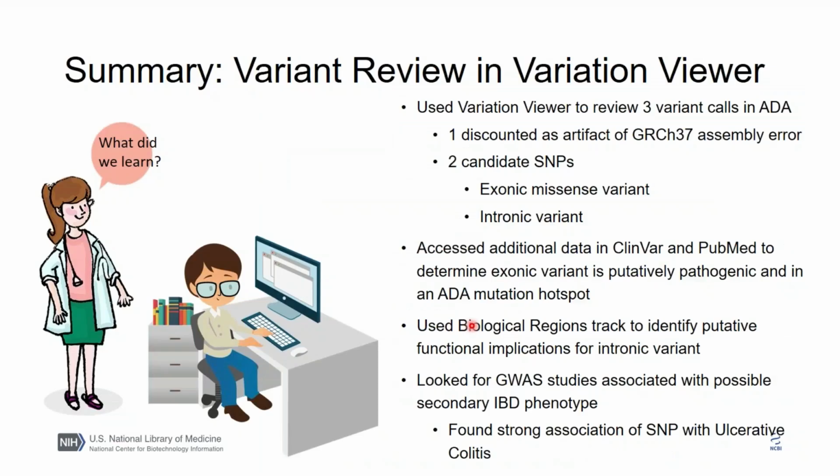So with that, we've come to the end of our case file and our analyses to look at 3 variant calls in the ADA gene. Using the browser, we were able to discount one of these calls as an artifact of GRCh37 assembly error. And we determined that the other 2 are candidate SNPs, one being an exonic missense variant and the other being an intronic variant. We also used the integration of Variation Viewer with ClinVar and PubMed to get additional information about